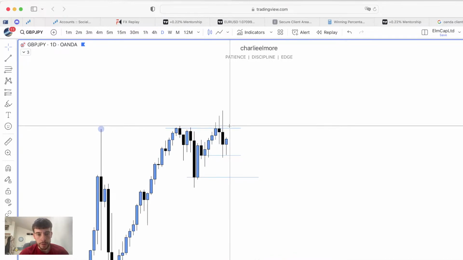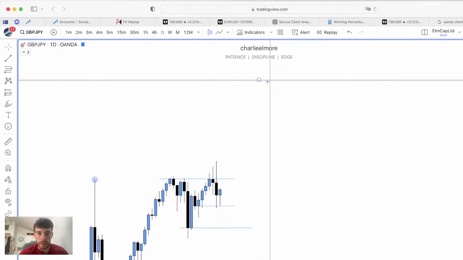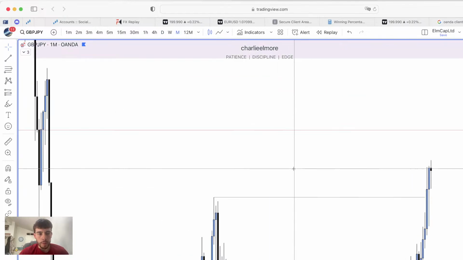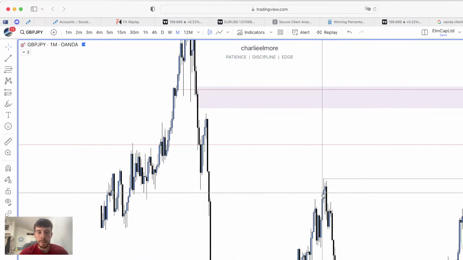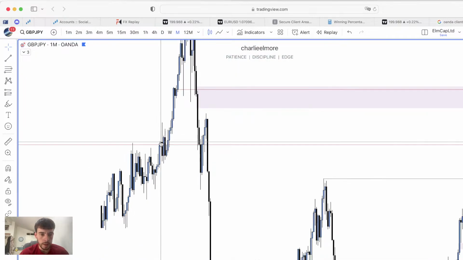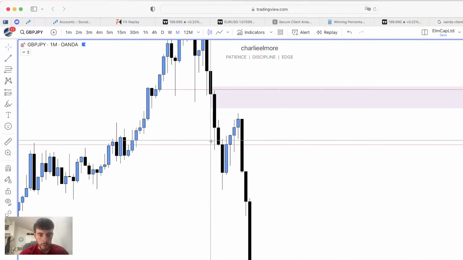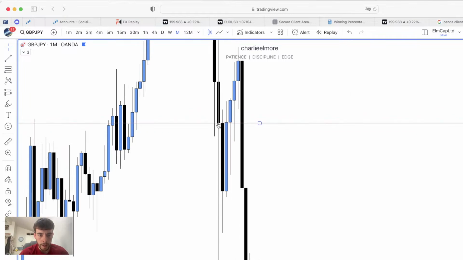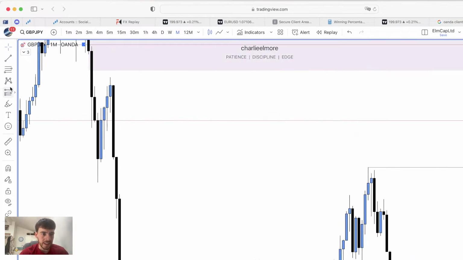Yeah, like I say, if we do close above here, then that would be very nice to see continuations up to here, because we've got a monthly area right here, sort of around the price of 206 that I do expect to see price reach into. Simple support and resistance. We've tapped into it there, had some issues with it there as well, came back up, wicked down into it perfectly there on that month's candle, closed on it there as well on that month's candle, came back through, retest, spikes through, and comes back down.